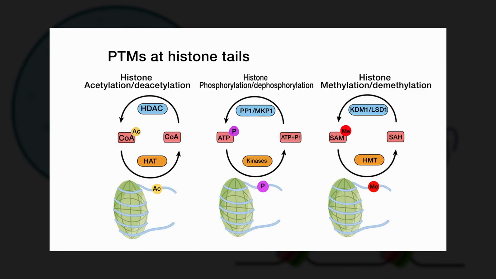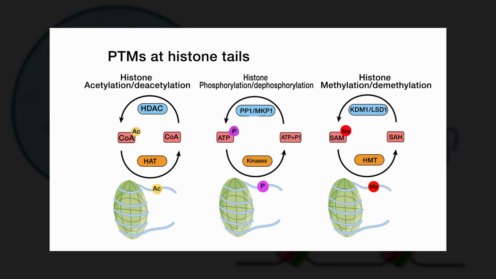Core histones are small, positively charged proteins enriched in lysine and arginine, facilitating tight DNA interaction. Their N-terminal tails undergo post-translational modifications or the PTMs such as acetylation, methylation and phosphorylation, which modulate chromatin dynamics and